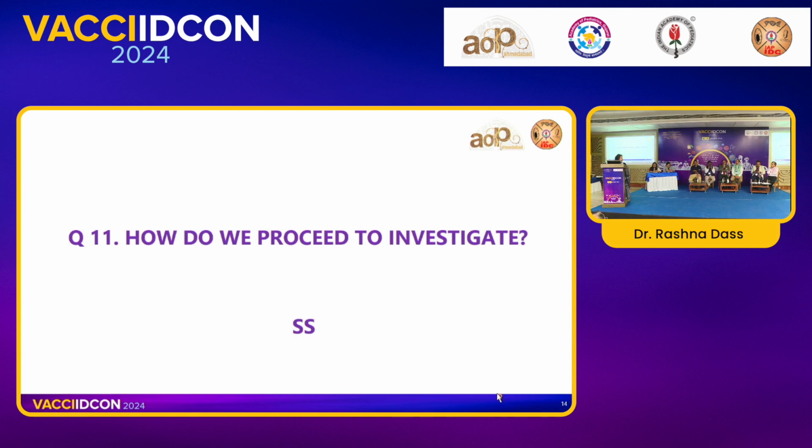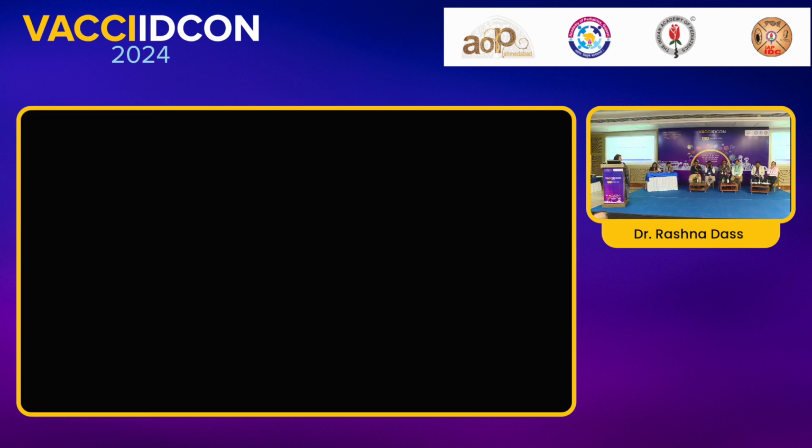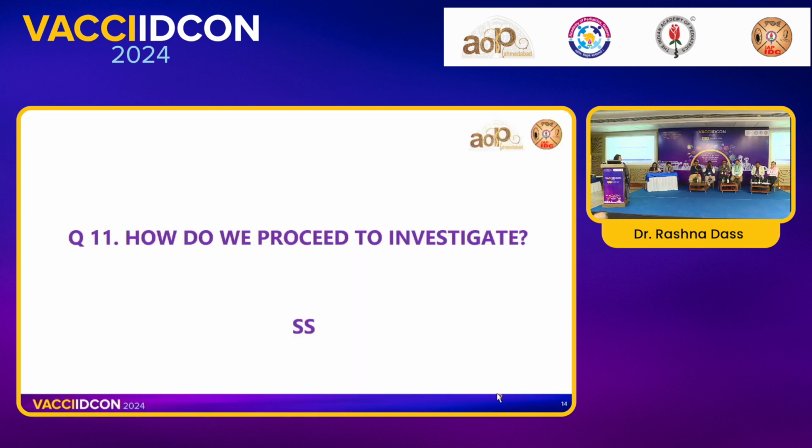Second thing is basic investigation. Depends on your epidemiology, depends on your history, depends on your examination. After the basic investigations, we can go for the further. In the CBC, we can get RDT or peripheral smear for the malaria. Sometimes rapid tests for the dengue we can send. Other tests, even the Weil-Felix, if you are suspecting rickettsial fever, or other basic investigation we can have. Later on, we can go for the further investigation.